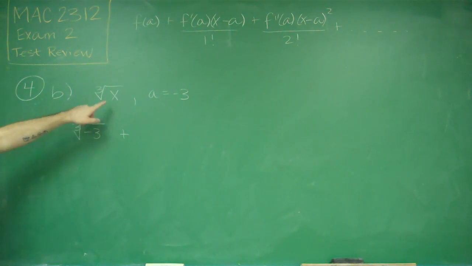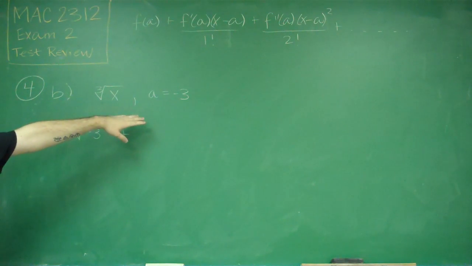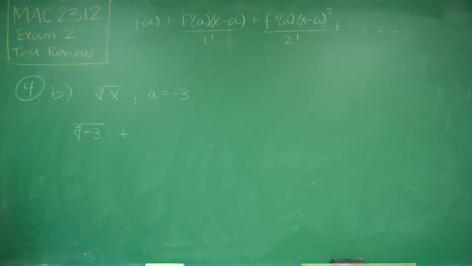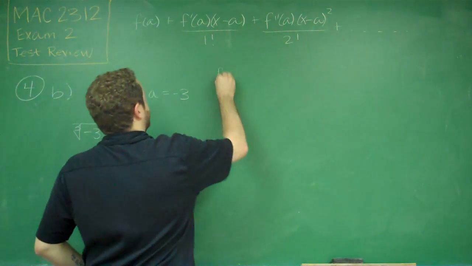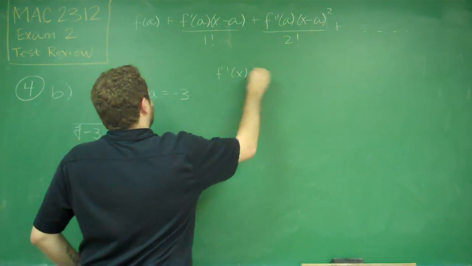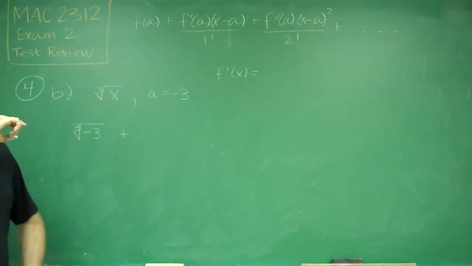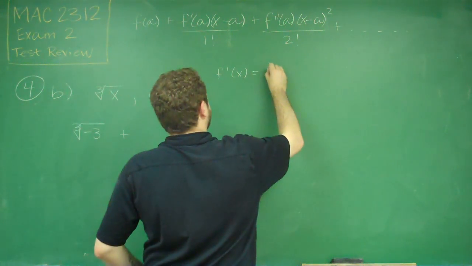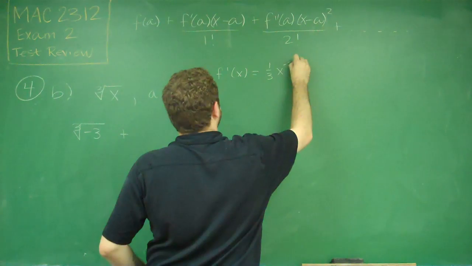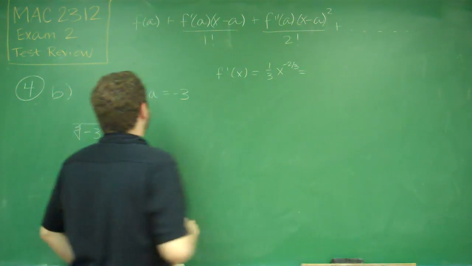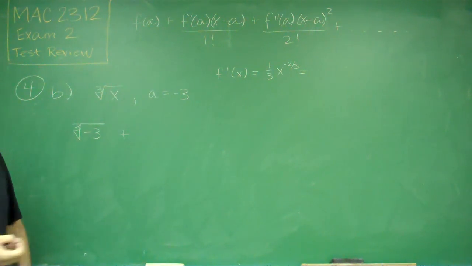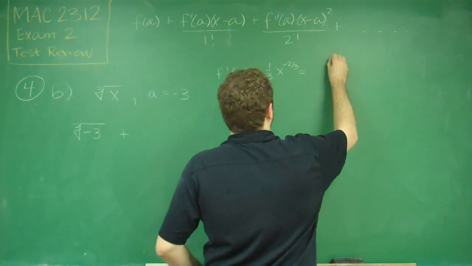Okay, so the next term is we have to take the derivative of this, plug in -3, and multiply by x minus a. So our f prime of x, this is x to the 1/3 power. So we're going to get 1/3 x to the -2/3. In order to keep this consistent with how I'm going to write the rest of these, I'm going to write this like